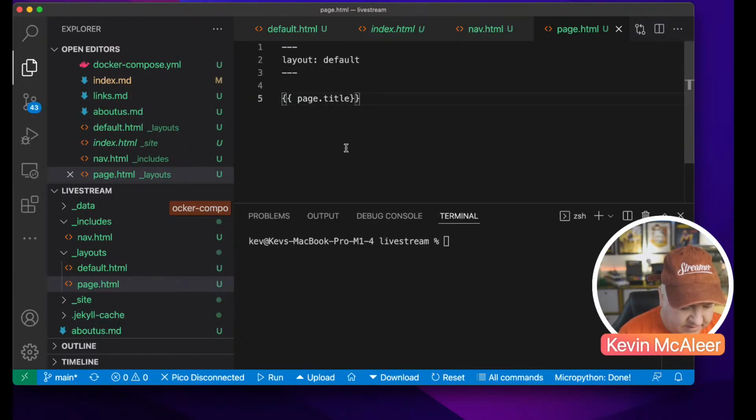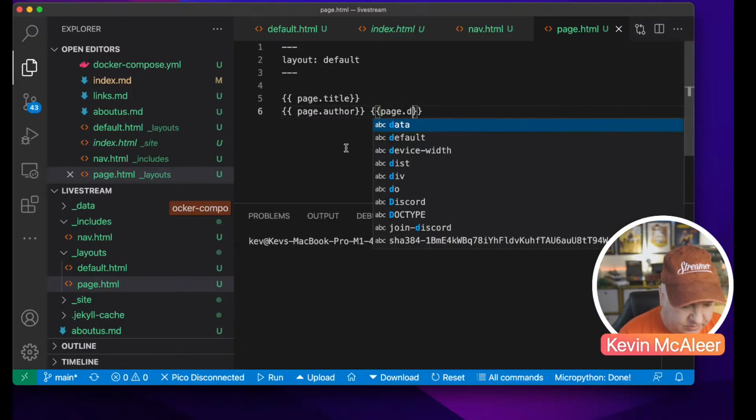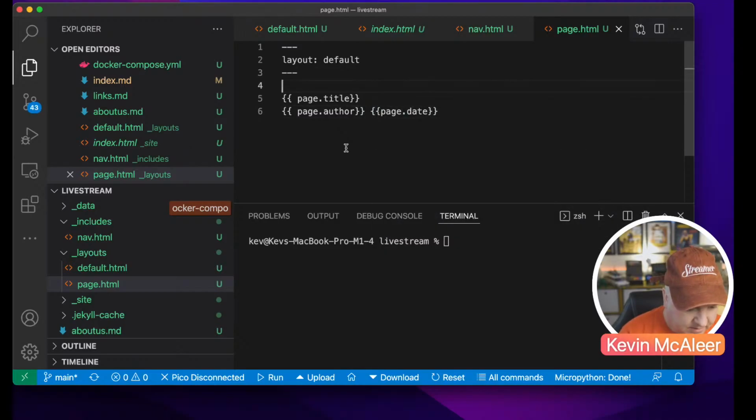And I'm going to have that in, let's have a think how this will work. Page.title and page.author. And let's have page date as well on there. Page date. And let's now include a horizontal line after that. So HR, like so. Okay, and we'll have the page title as a heading 1 style. So H1, let's just wrap that in there. And then for our title, let's have that as a H5 style,